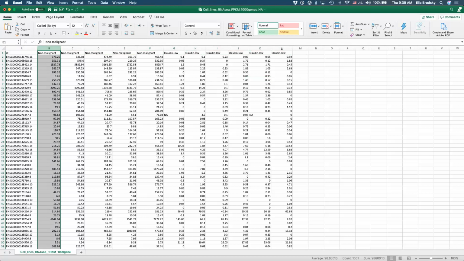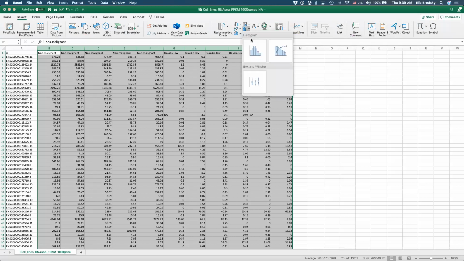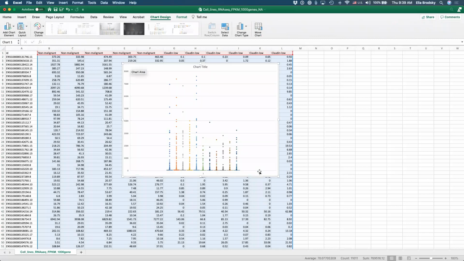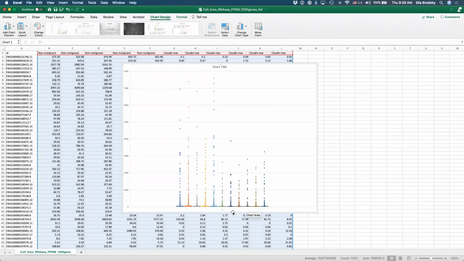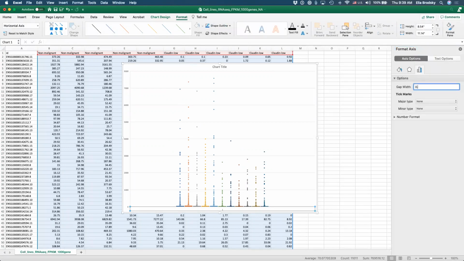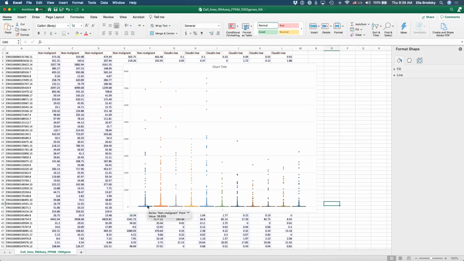So to create a box plot, we can just select all of these and say insert, and here you have this box and whisker plot option. This is Excel on a Mac, so it might be a little bit different if you're using a Windows computer. But you can see here how the data is different between those different samples. And as we saw in the example in the presentation, this is really not very informative. So here we can just change this a little bit. Okay, so we can see here our different samples,